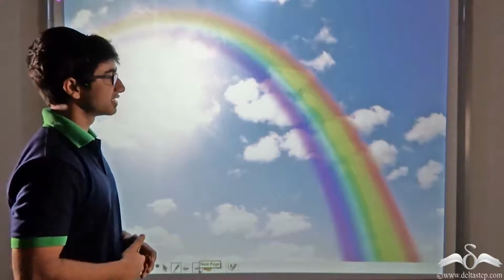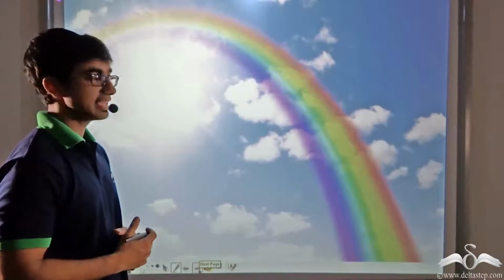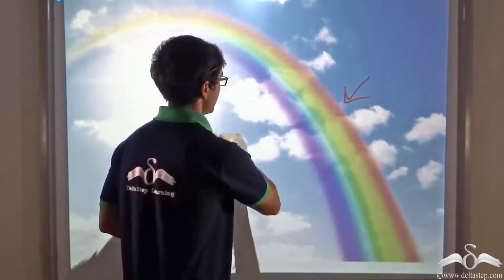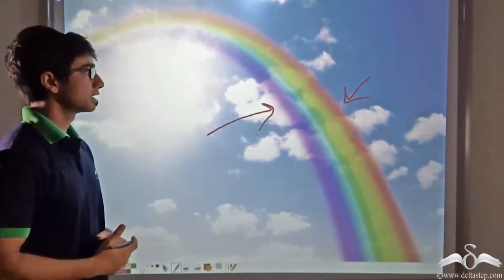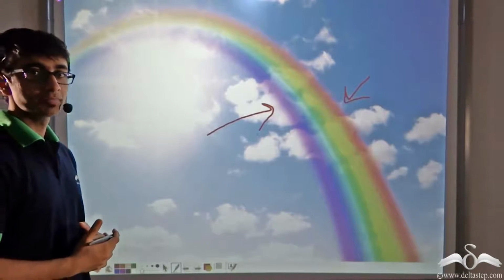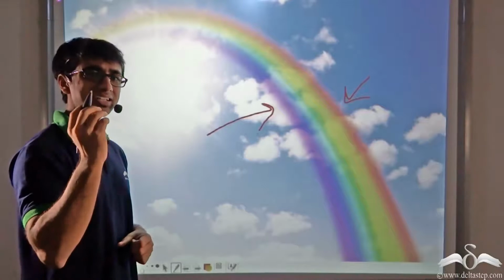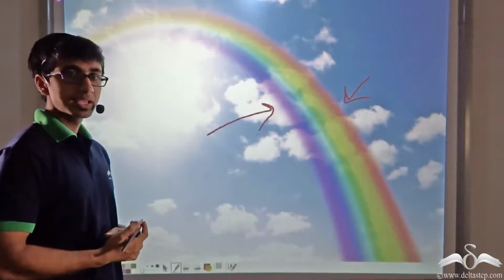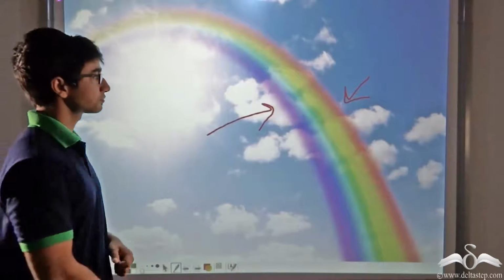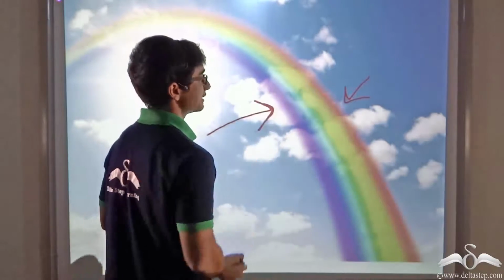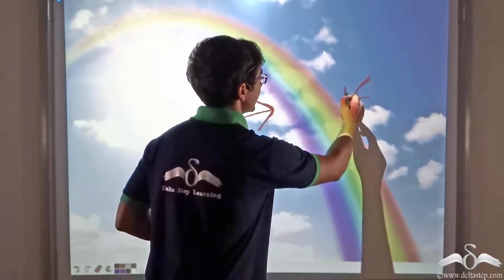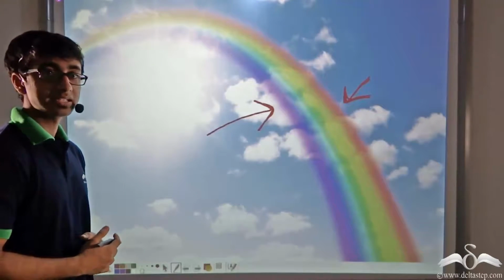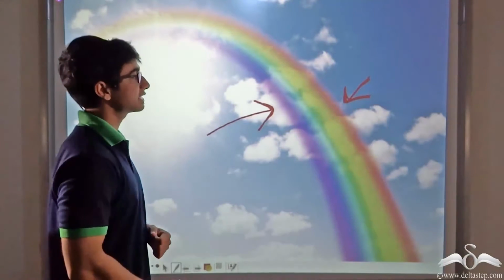So it is due to this reason that when you see a rainbow in the air, you see that red light is at the top and violet light is at the bottom, because a rainbow is also formed due to refraction from tiny raindrops which act as prisms. Since again there is a change in medium, and because in that medium also violet light has a speed that is lesser than that of red light, it bends more than red light, because the refractive index for violet is more than the refractive index for red.